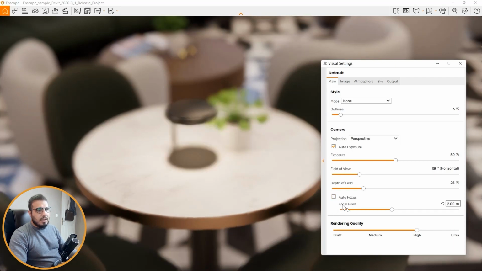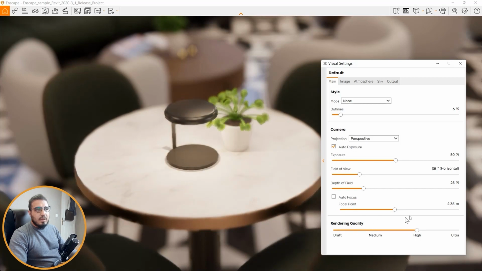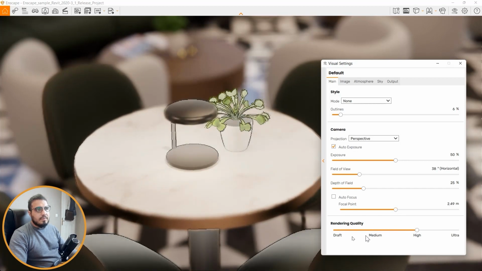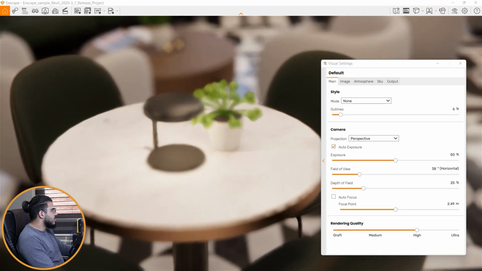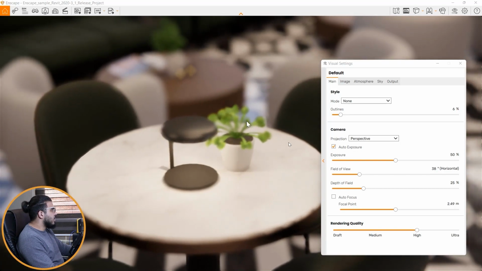So let's turn it off, and now we can specify the distance of the focal point. We need to increase it a little bit. And now you can see this distance is in focus, and the other parts are out of focus.